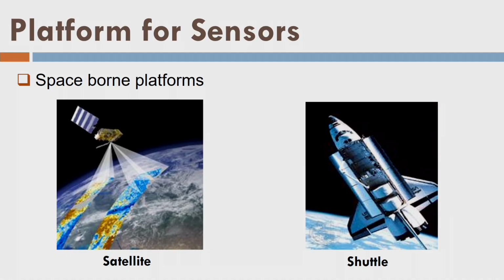Now, let us talk about the platforms. Platform means something that carries the camera so that the camera can acquire the image, or the information on the ground surface. So the first is satellite. In case of satellite, satellites are projected by rockets into their respective orbits. In orbiting around the earth, they also carry the camera, which is already mounted there, and the camera acquires the information. For example, now we have many sensors.